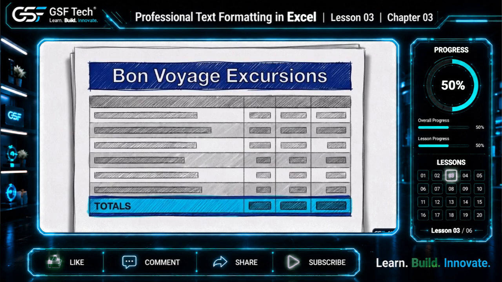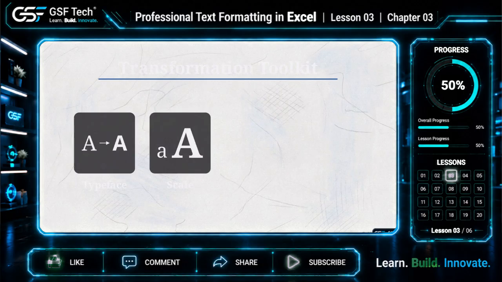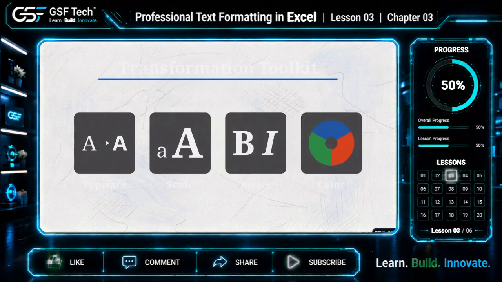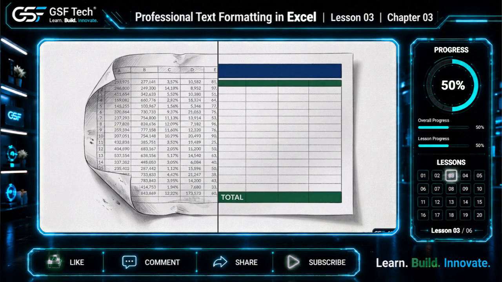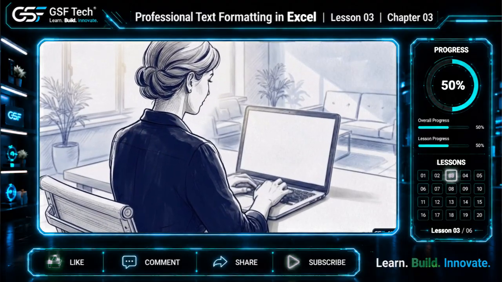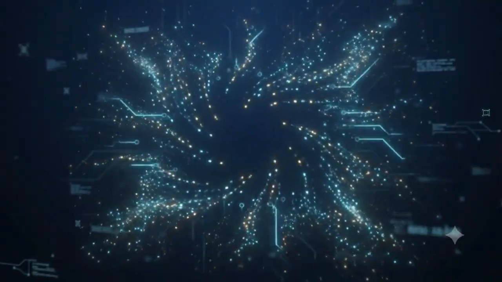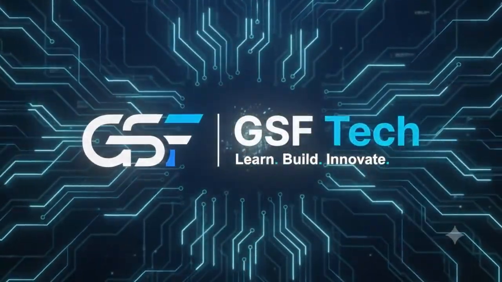Here is our final, fully formatted spreadsheet. We have a clear, oversized title, distinctly separated headers, and colorful totals anchoring the bottom row. We achieved this entirely by replacing the default font, adjusting the text scale, applying bold and italic styles, and adding contrasting color. Raw data is only as effective as its presentation. Open your own spreadsheet, apply these 4 basic formatting tools, and build a visual hierarchy that makes your numbers easy to read. You've completed this lesson. Practice what you've learned. Continue building your